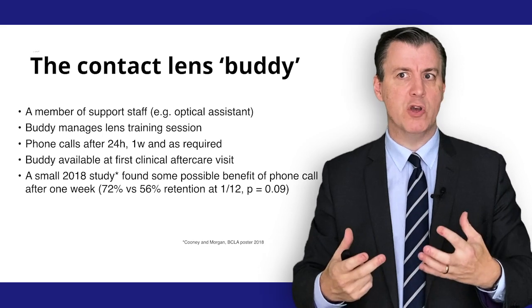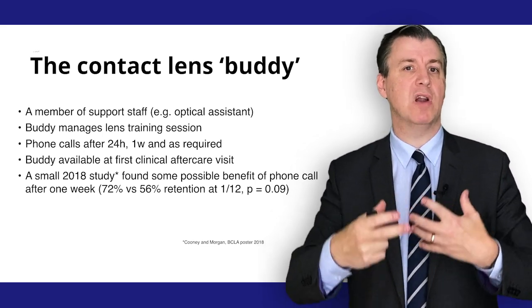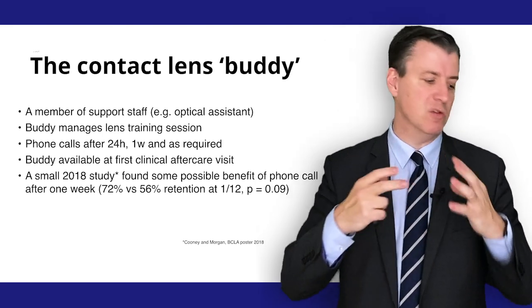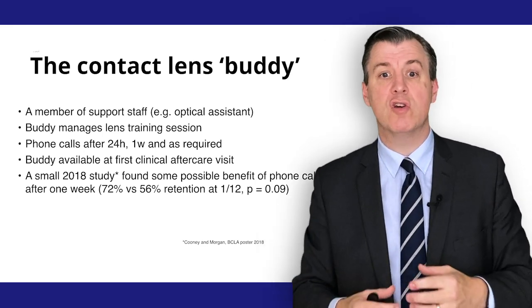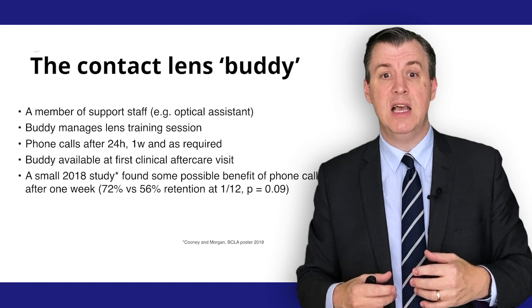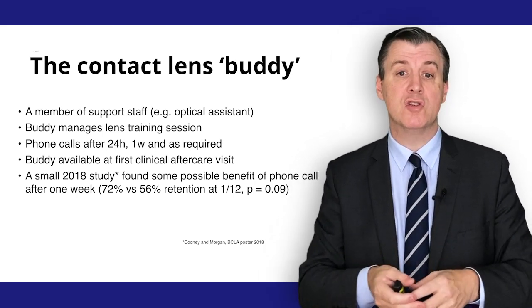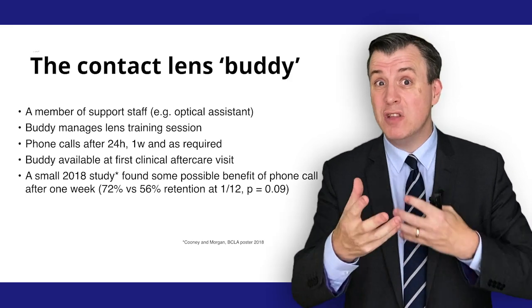Is the comfort what you're expecting? And if the patient is replying no to any of these statements, well, can we give them more advice? Can they come in for some further tuition, or for us to look at their contact lenses? And maybe this person should also be around and available for the first aftercare visit. So this buddying system,